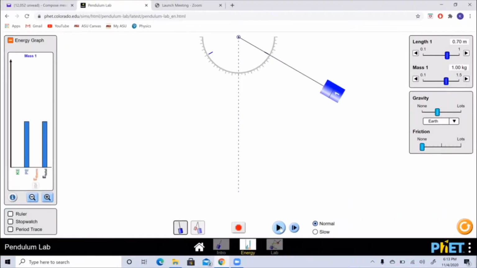A pendulum contains gravitational potential energy as well as kinetic energy. As the pendulum approaches the top of the swing, it reaches its maximum gravitational potential energy and zero kinetic energy. At the middle point of the swing, it possesses its minimum potential energy and maximum kinetic energy, as shown in the graphs on the left. As these forms of energy keep interchanging, there is energy being conserved, and the total energy value stays constant throughout